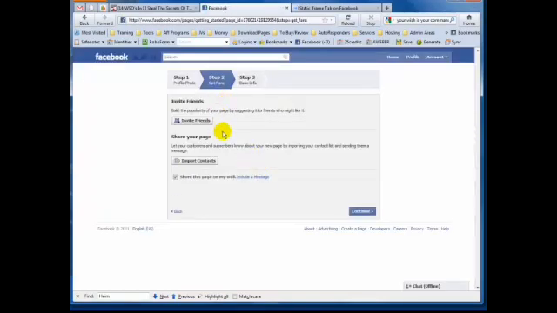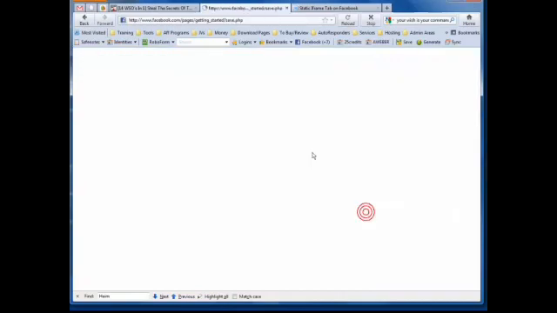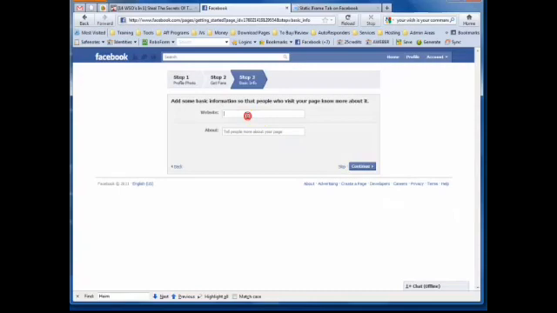For the get fans step, you can invite friends or import contacts, or you can skip this. For now we're going to skip this because that's some basic stuff, but if you're getting started and you know you're going to do this pretty quickly, you can go ahead and do that at that point. We're going to hit continue, and here for the website I'm just going to put one of my websites for now,